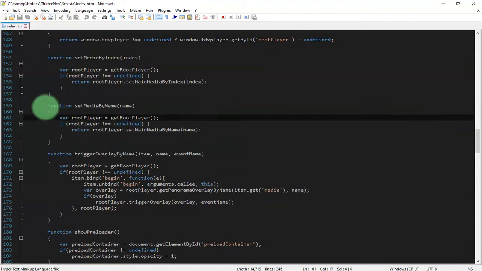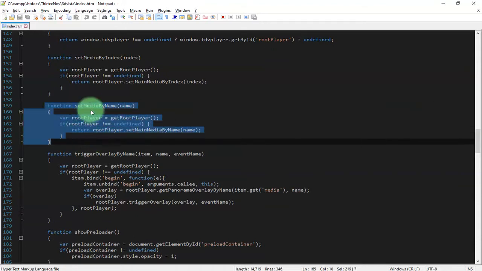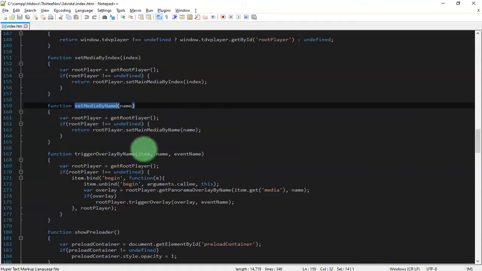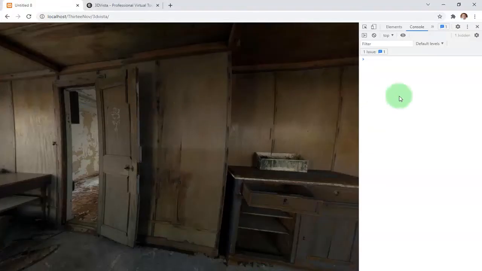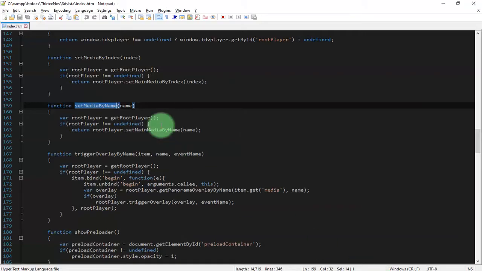So if we check this function set media by name, we can copy the function here and try to paste it inside this developer console here. We can paste it, and as we can see here, it takes one parameter, the name.